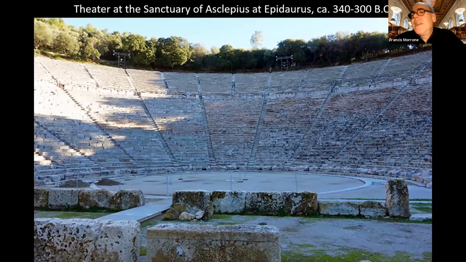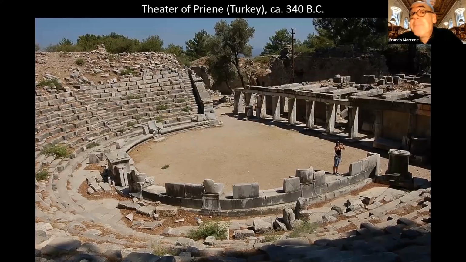The theaters of ancient Greece had a basic common layout with that semi-circular seating plan, the raked seating for the good sight lines. And then it had that large circular area in front of the seats where the chorus held forth. And we call that area by the name of orchestra. And then beyond that was the main stage. Here is the theater of Priene in present-day Turkey.